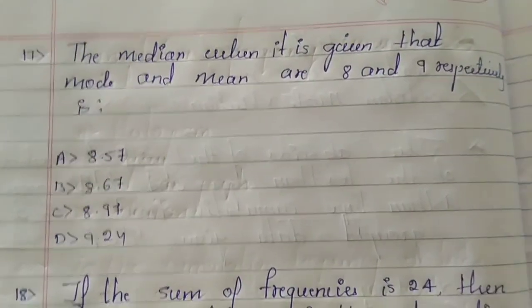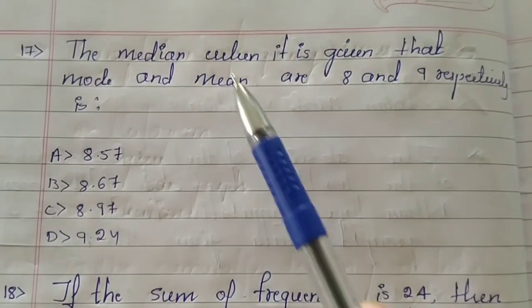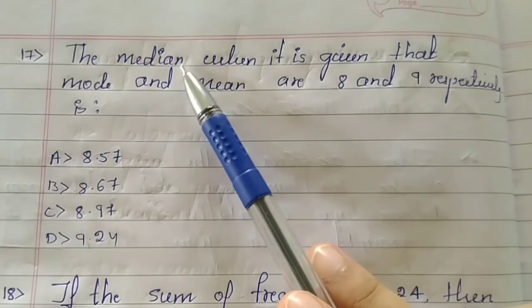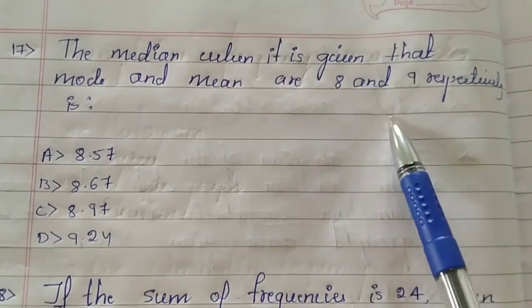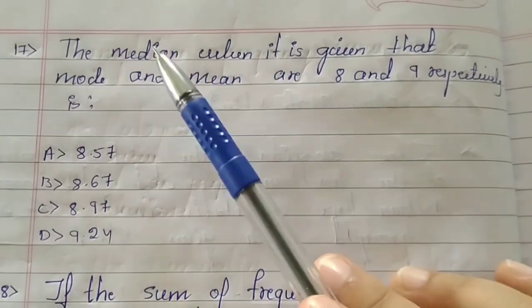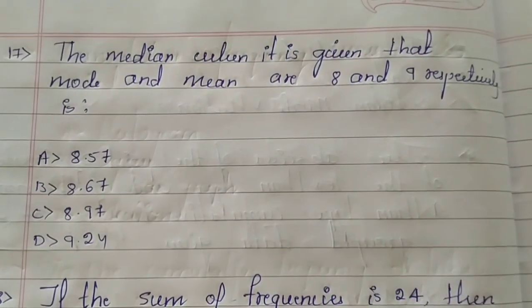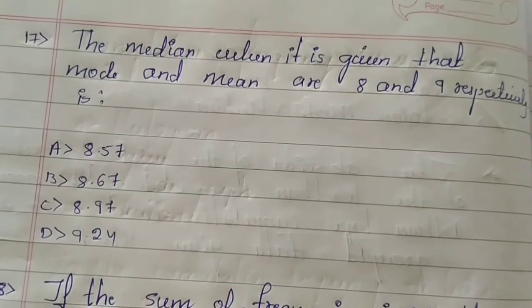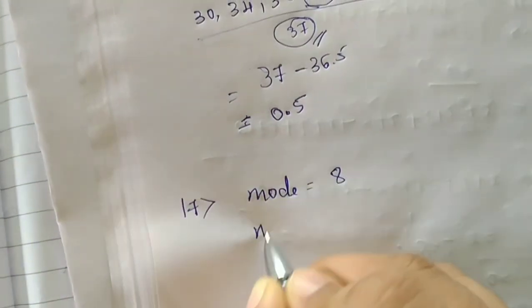The median, when it is given that mode and mean are 8 and 9 respectively. Okay, so you have to calculate the median when they have given mode and mean. So you have to find the median again by using the empirical formula. We will see the solution now. Mode and mean they have given, right? Mode is 8 and mean is